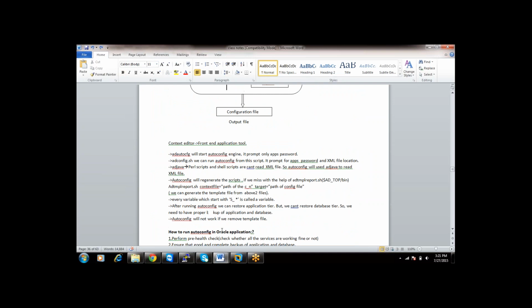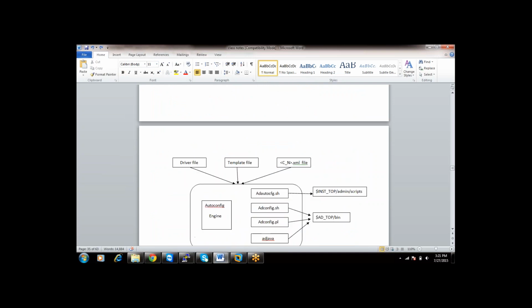So what is this context name.xml file? This is a context file, right? So this is an XML file. If you modify an XML file directly, there are chances that your XML file will get corrupted. So an XML file should not be modified directly, but still people will modify. To be frank, people will be modifying this XML value using the vi editor only. But there is a utility to modify the context file. That is nothing but the context editor, or else you can also use the autoconfig utility.